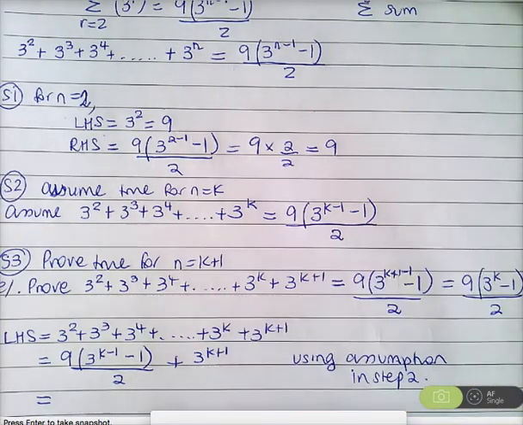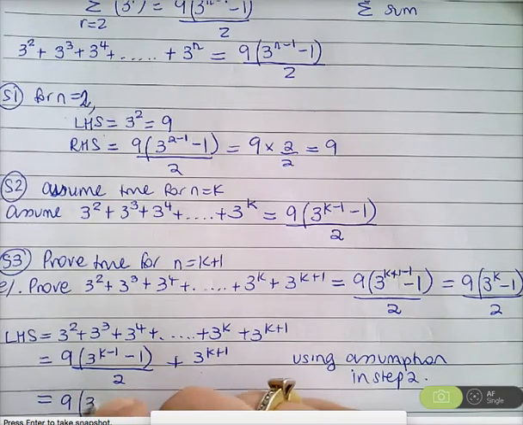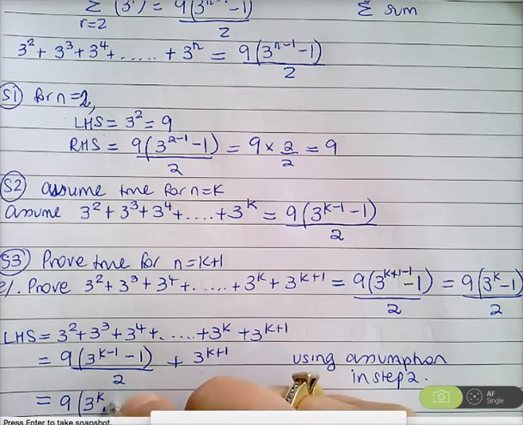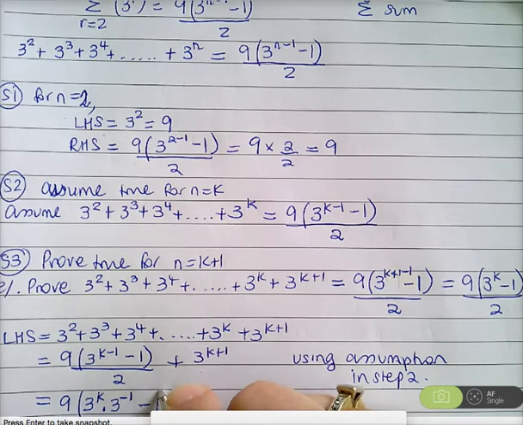I'd probably be putting the 2. I think you need to put a 9. We need a 9 on 2 outside, actually. Anyway, let's just see when we change these into terms. Let's just see what we get. So what have we got? 9 lots of 3^k times 3^(-1), take away 1. We okay with this? Over 2